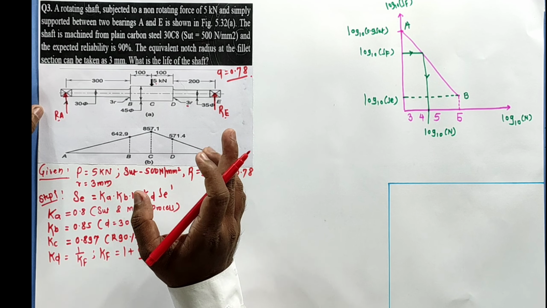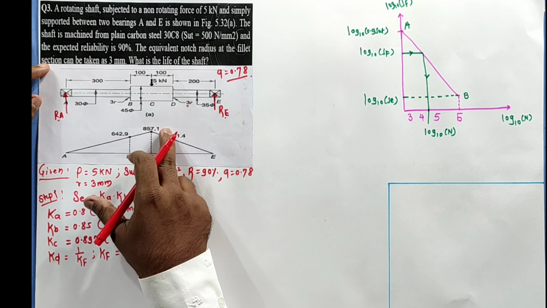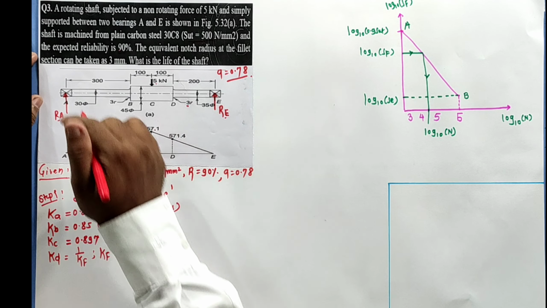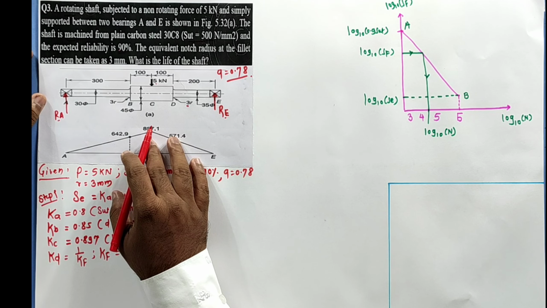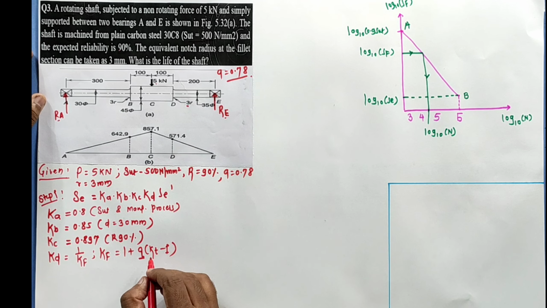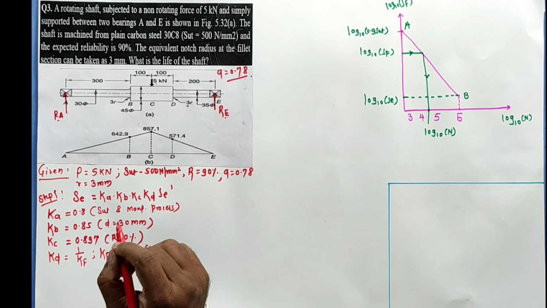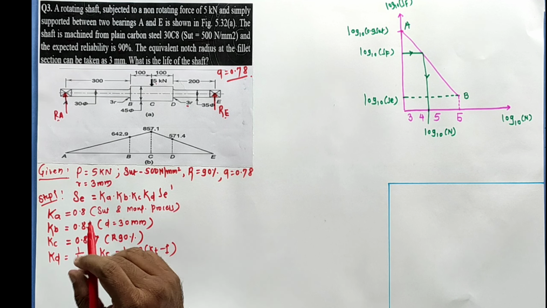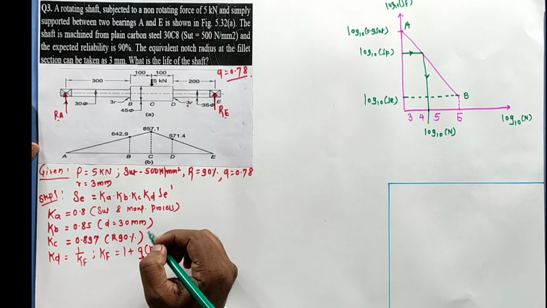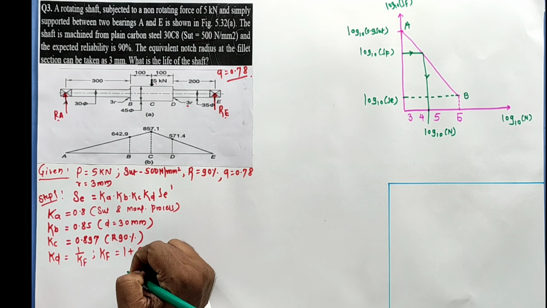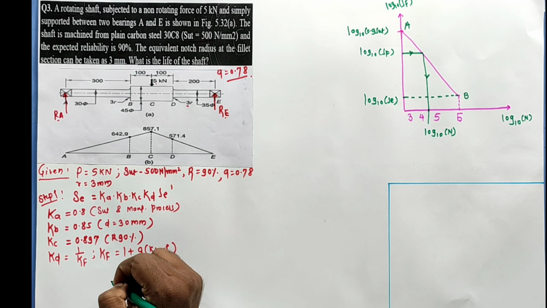Theoretical stress concentration factor. But we know which graph is suitable for this. As they have mentioned, a rotating shaft means a round shaft with shoulder fillet. That will be the graph suitable for calculation of this KT. As I told you, KT can be calculated only when we know the structure. On the basis of that structure, we are able to calculate the value of KT. So we'll move toward the graph chart.